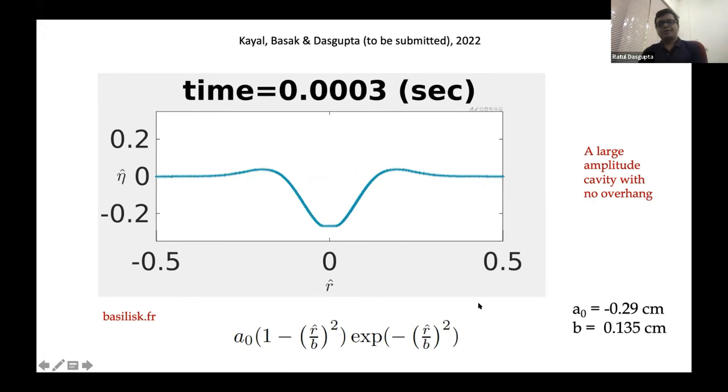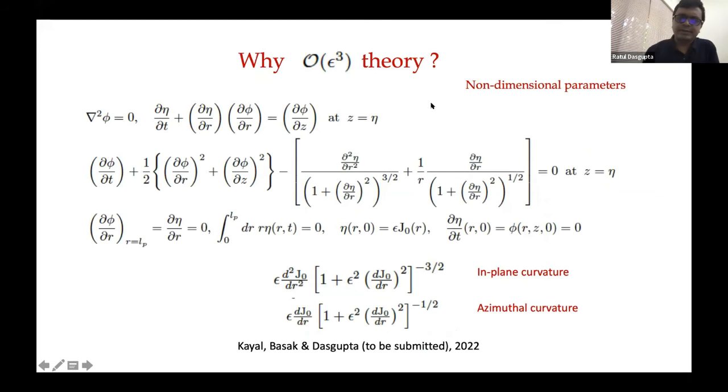So now what we are trying to do is set up an order epsilon cube theory. Earlier I had told you that order epsilon squared theory was not very good at capturing the sharp dimple which was formed, and you can understand reasonably easily why order epsilon squared does not do a very good job. I have already explained it to you from modal analysis, but you can understand it more simply by looking at